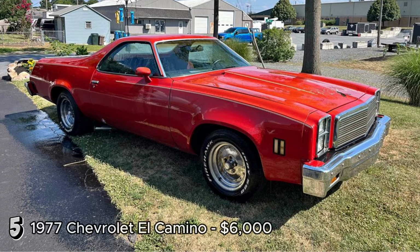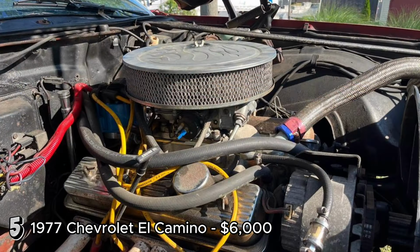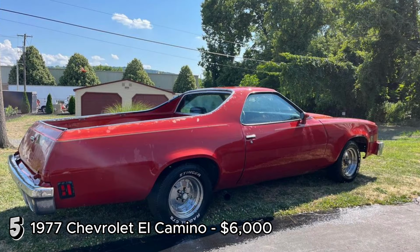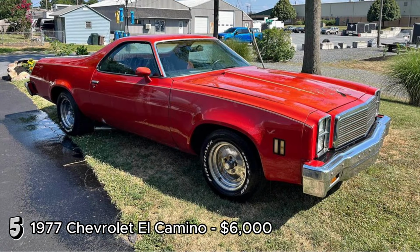The 1977 Chevrolet El Camino, listed for $6,000 with 90,000 miles in Harrisburg, Pennsylvania, has an orange exterior and runs on gasoline. It features a 383 stroker motor, turbo 350 transmission, and B&M ratchet shifter. The seller mentions that all lights work, brakes are in great condition, and it has good tires and a posi